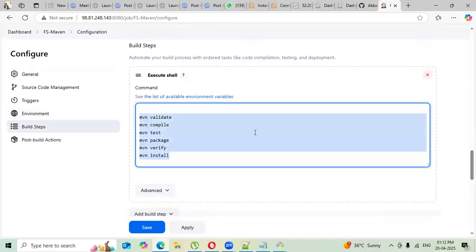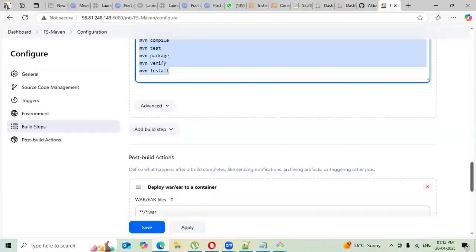I'm not using a Maven job. I'm using a freestyle job. That's why I'm giving these MVN commands. I have created another job where I have used a Maven job without MVN commands. I have given all these things of the Maven lifecycle. And after this,